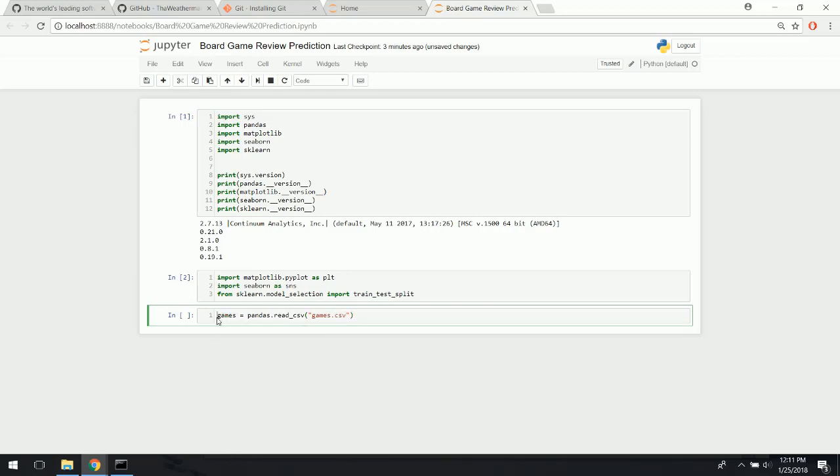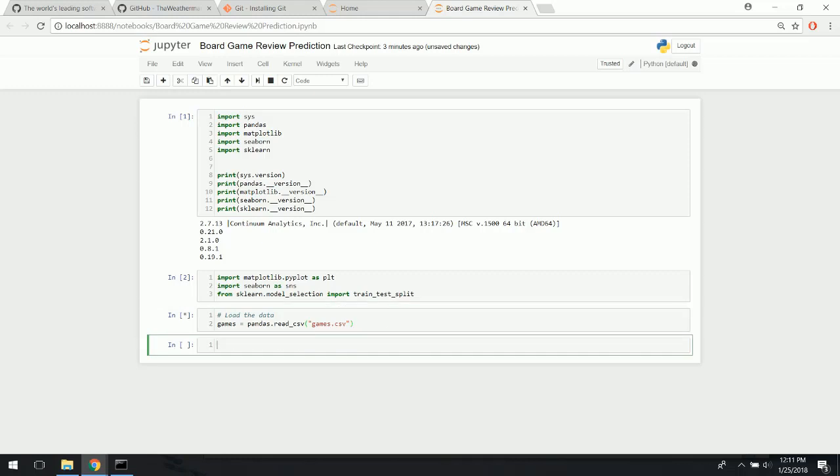So let me add some comments for readability. Comments are always good. Load the data. All right, and let's actually just click Shift Enter there. We'll see if we can get that. We should. Yes, it does it very quickly. All right, so now let's explore this data set a little bit to see what we have in this games.csv